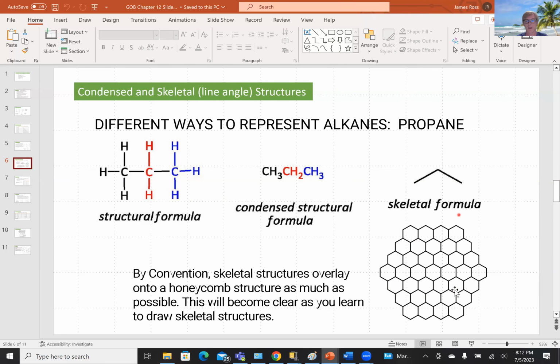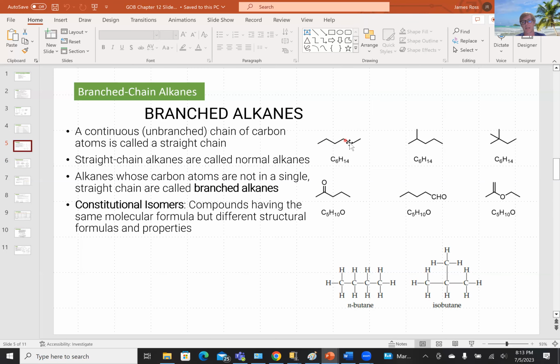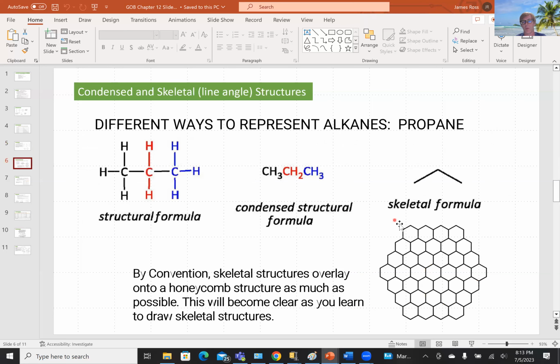So here we have a nice honeycomb. Let's talk about the honeycomb first. The honeycomb is what we imagine is there on the page when we draw our skeletal structures. So if you wondered why the hexane was this nice zigzaggy structure, if you were to superimpose that zigzag on the honeycomb, you can see it would superimpose nicely anywhere on this honeycomb. Math paper typically is that square paper where everything's a square. Well, this is organic skeletal paper. It's a honeycomb. And as much as you can, you want to stick to a honeycomb